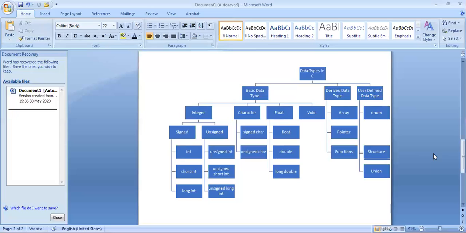So in signed integers, say we have a 16-bit signed integer, 1 bit would be reserved for just the sign. Means it can be a positive number or a negative number. Whereas in unsigned, all the 16 bits would just be reserved for showing the number itself. There would be no special bit reserved for showing the sign.